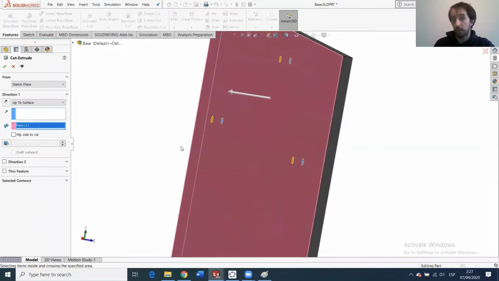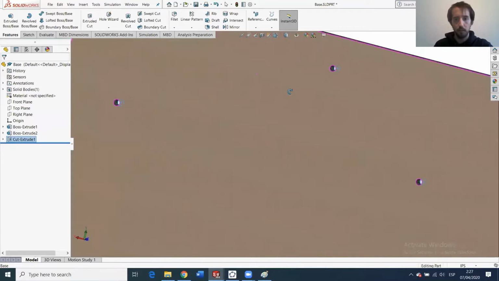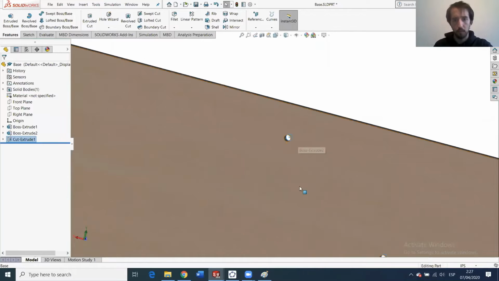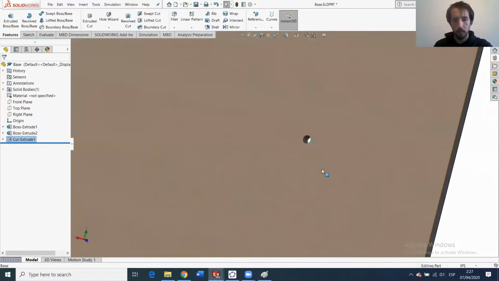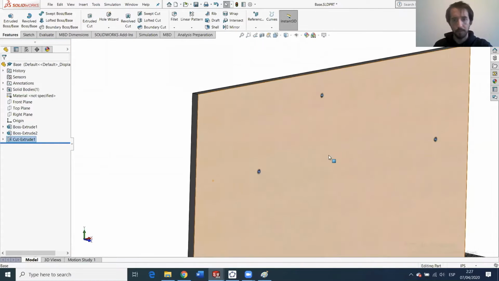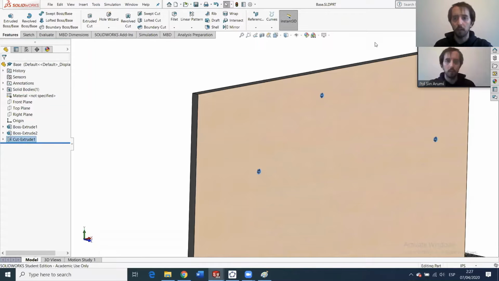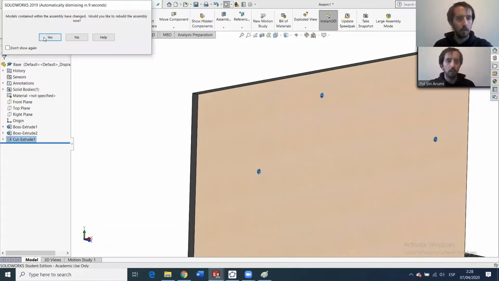All of these options are correct. If I select up to surface, you can see that we will have created these holes here. Now, if we save it and go back to the assembly, we actualize it,